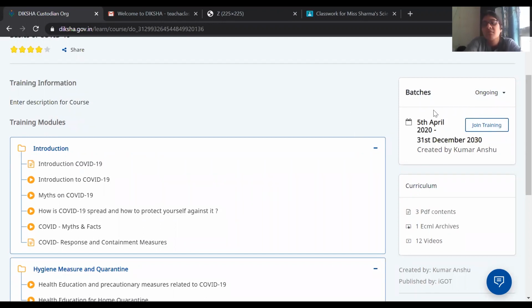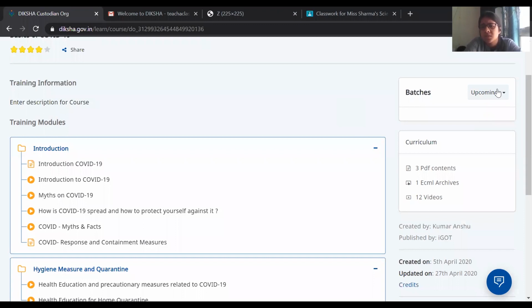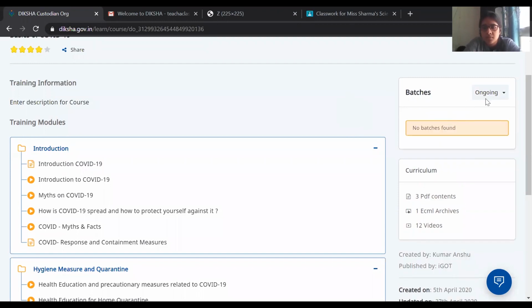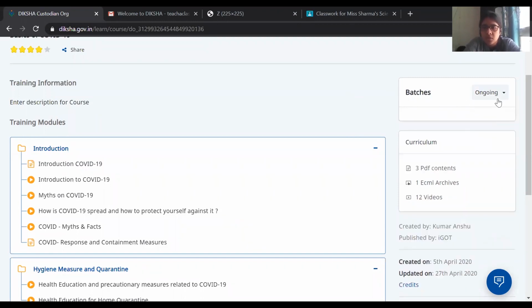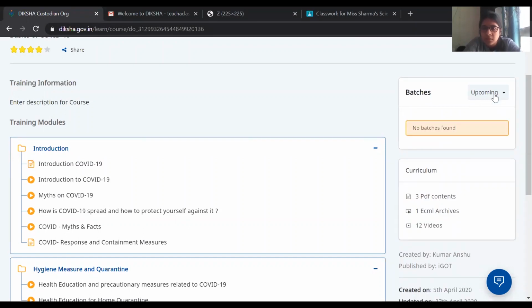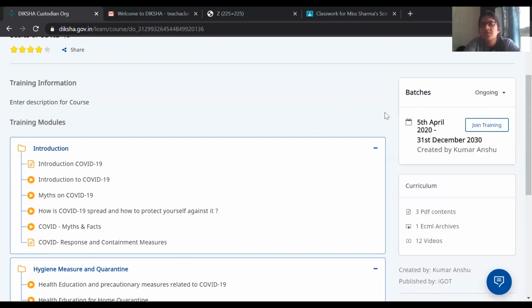Sometimes they have not started this training. So then you'll have to go to upcoming and you can see what are the batches. Since they have ongoing batches, they haven't put anything in the upcoming section, right? It also depends on your internet. Yeah, as you can see, I've got the ongoing batches again.